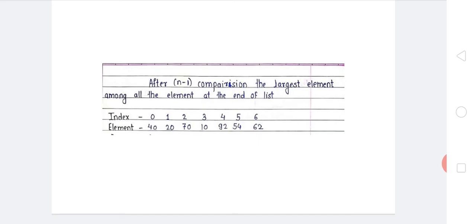Now we can see n minus 1 comparisons. Likewise, n minus 1 passes are required. N is the total number of elements stored in the array. The count is 7, so the array size is 7, which means 7 minus 1, so 6 passes are required.